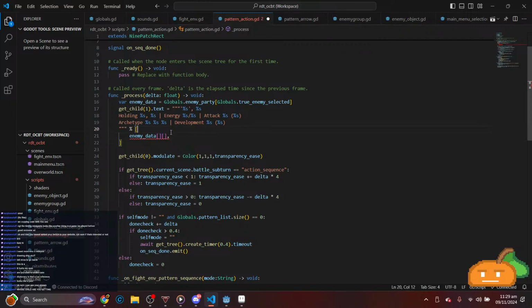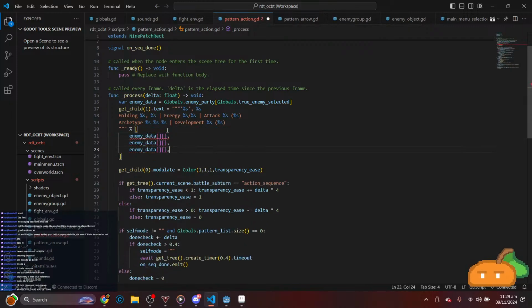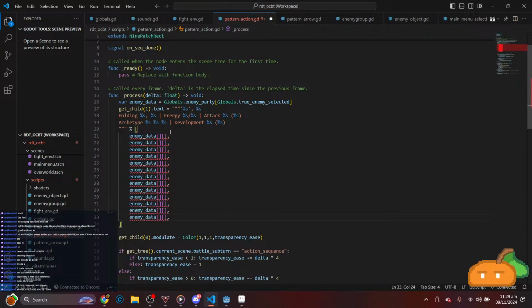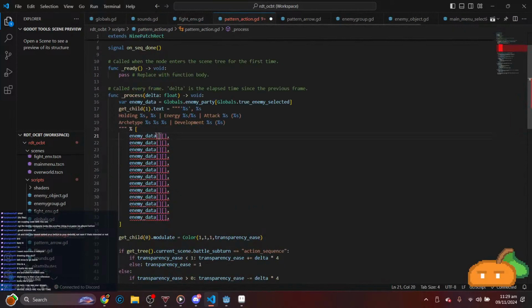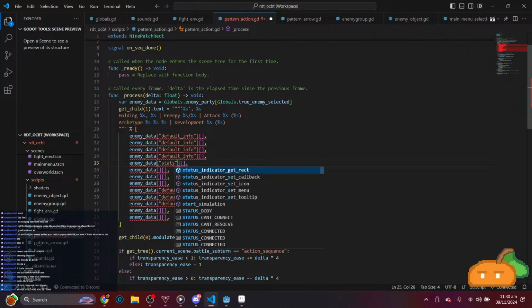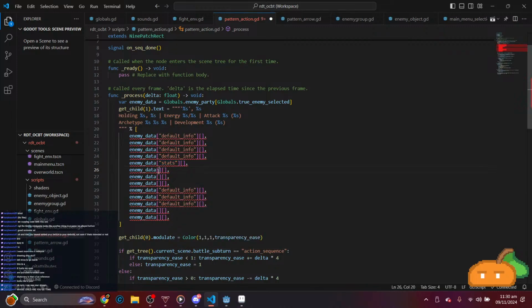Yeah, I'm gonna get started with this one. My copy 5, 6, 7, 8, 9, 10. So I'm gonna figure out which one belongs to default info. Like this one, default info. Default info, default. Skip, skip, skip, skip. Then these three, and then their stats. So default info, let's start with